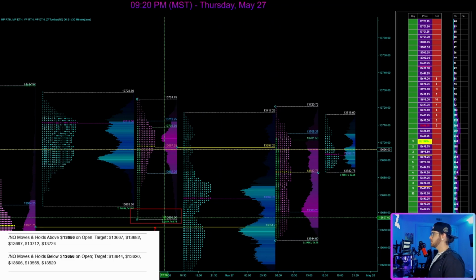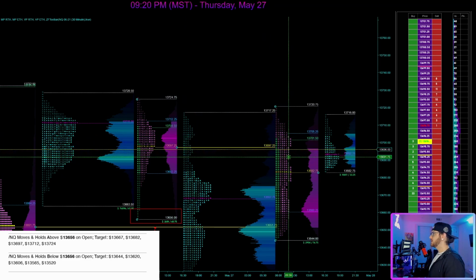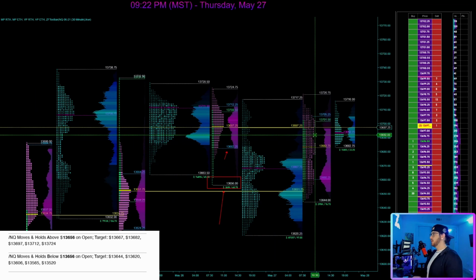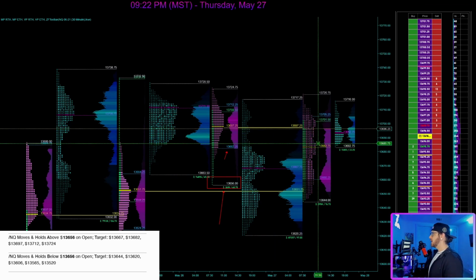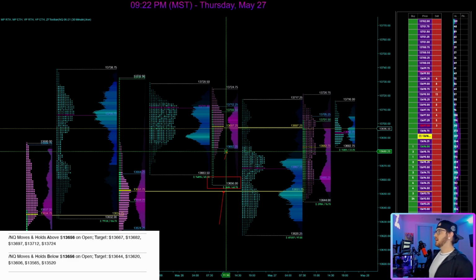We moved down, probed the lows in B period, and we did not get up here above the POC until D period. So a little weird here, just like ES, we opened above our first two upside targets. So we actually hit our first two upside targets to the downside. So keep in mind that, again, these are relevant levels. They're not black and white upside or downside targets, because when the trade plans are created, things can change in the market. Like I said earlier, it's pretty rare that price structure changes significantly or our open type changes significantly between the time that I write the trade plan and when we open.